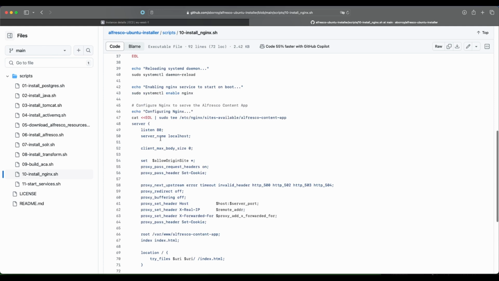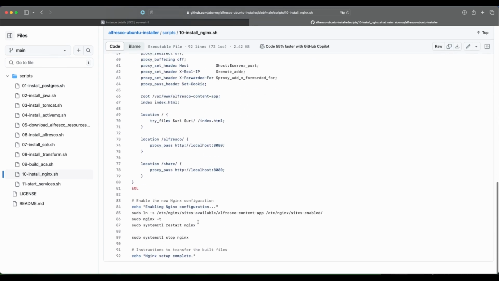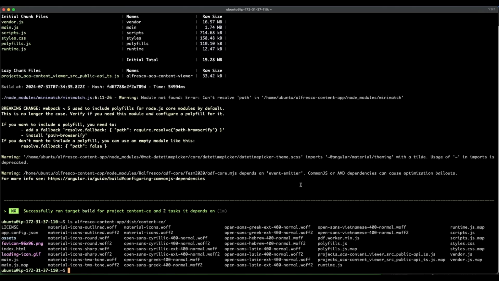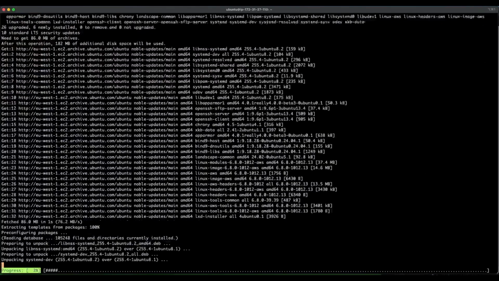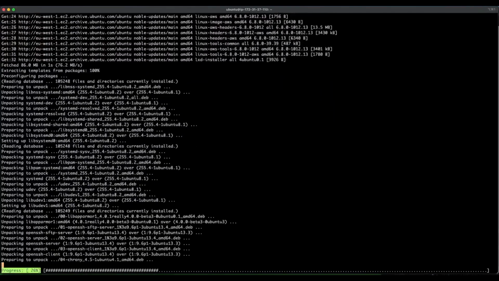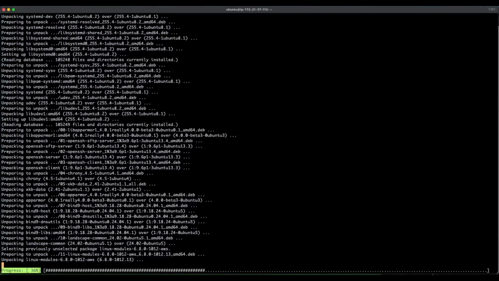So we can just access all these services by using port 80. After that, just start, stop Nginx and enable the service. So let's move into this folder. On the scripts, is it the 9 one? No, it's the 10. So the 10 is installing Nginx. So remember, we are installing Nginx, copying the static website for ACA, and creating the reverse proxy for Alfresco and